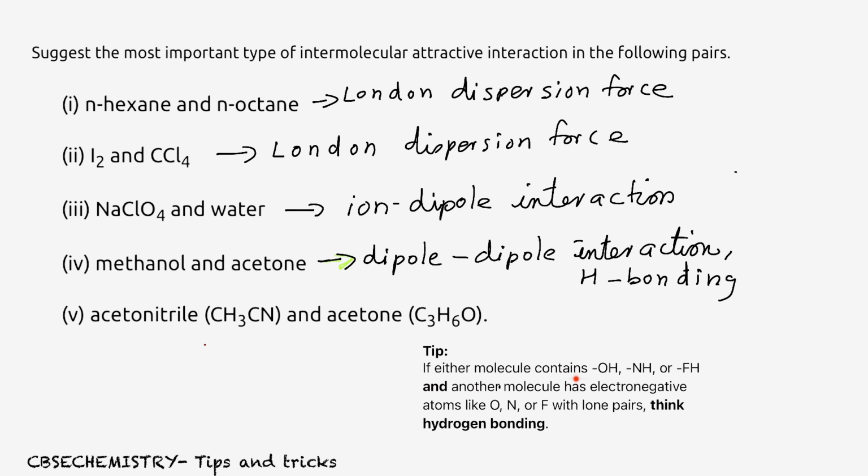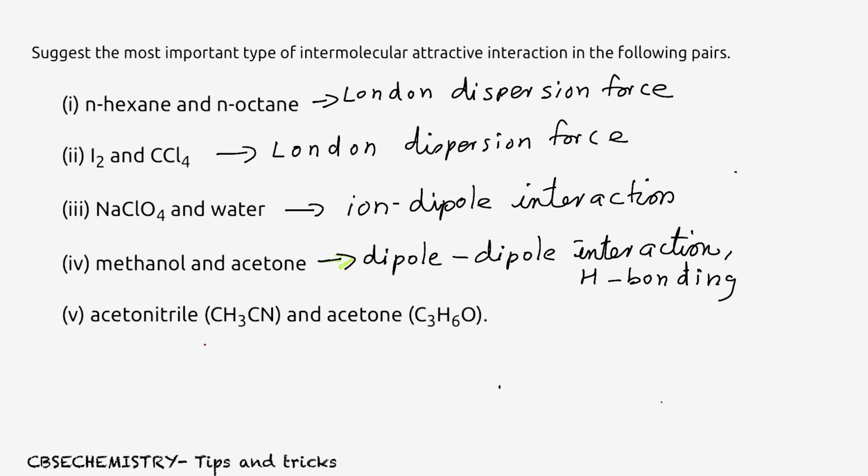If either molecule contains OH, NH or FH, see here you have OH on methanol, right? And another molecule has an electronegative atom like O, N or F. Acetone has O, right? With lone pairs. Then think about hydrogen bonding. Definitely we already understand that hydrogen bond exists between methanol and acetone, right? Okay, it's a key tip. You keep that point in your mind. Next one is